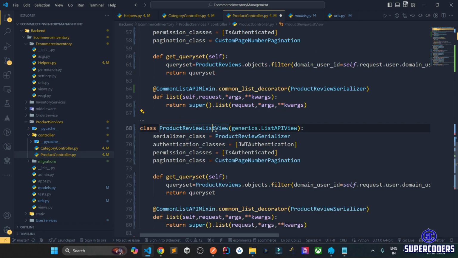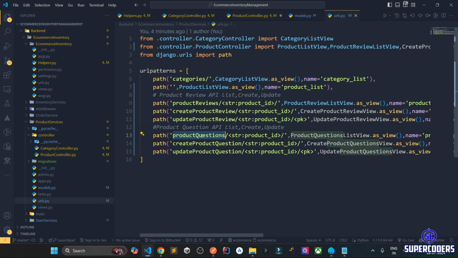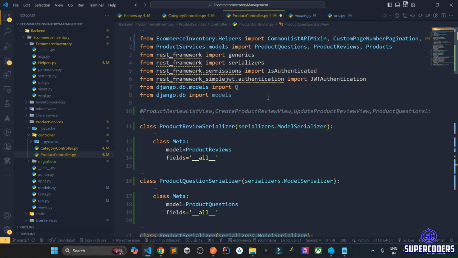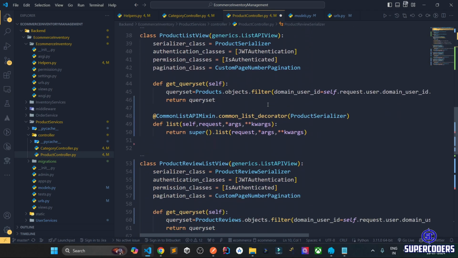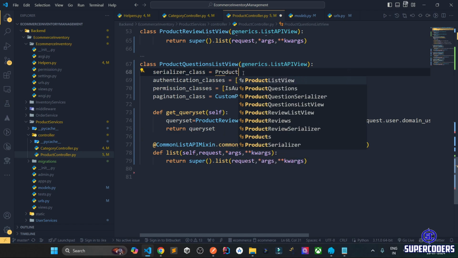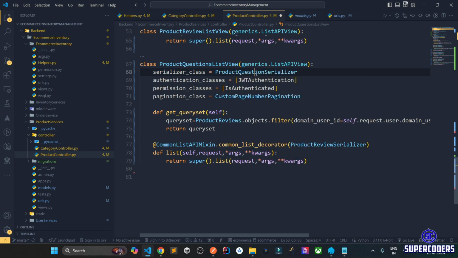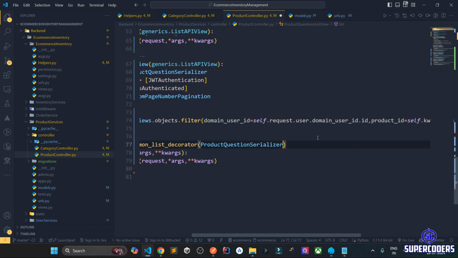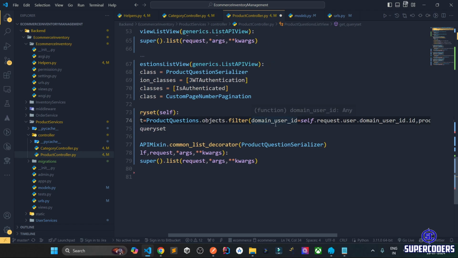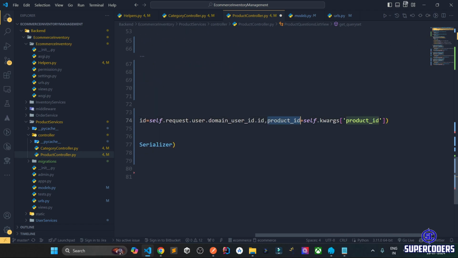So class, let's change this class to product questions list view. Copy it, paste it. I remove this comment. I think I'm gonna see it from the URLs. So yep, change this serializer. It should be product question serializer. Copy it, paste it, and here change this to product question dot objects dot filter product ID equal to